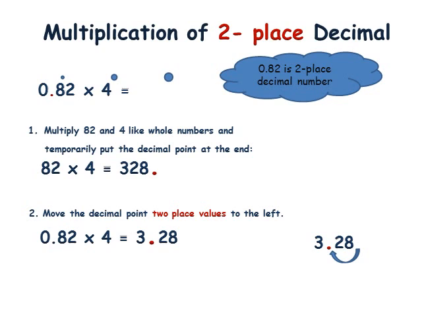So if you're multiplying a two place decimal, you move it two places to the left. If it's a one place decimal, one place to the left. If it's a three place decimal, then